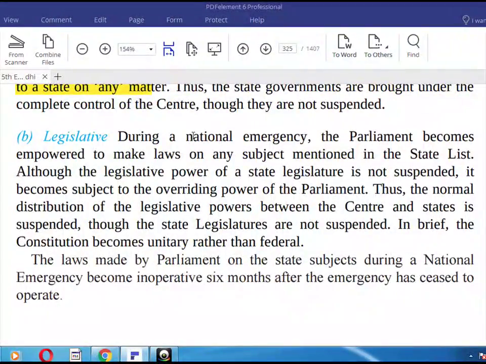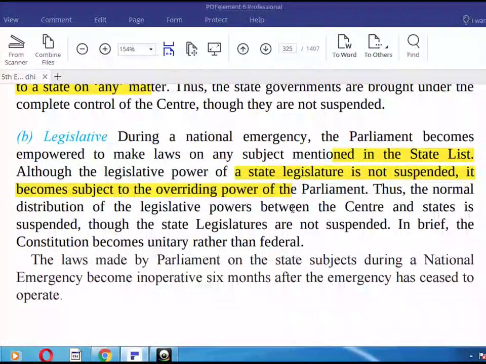Legislative. During a national emergency, the president becomes empowered to make laws on any subject mentioned in the state list. Although the legislative power of a state legislature is not suspended, it becomes subject to the overriding power